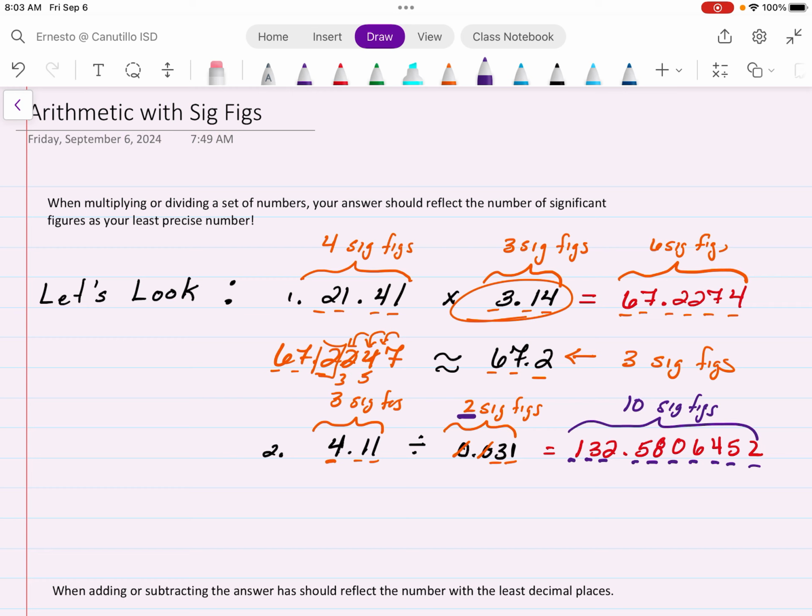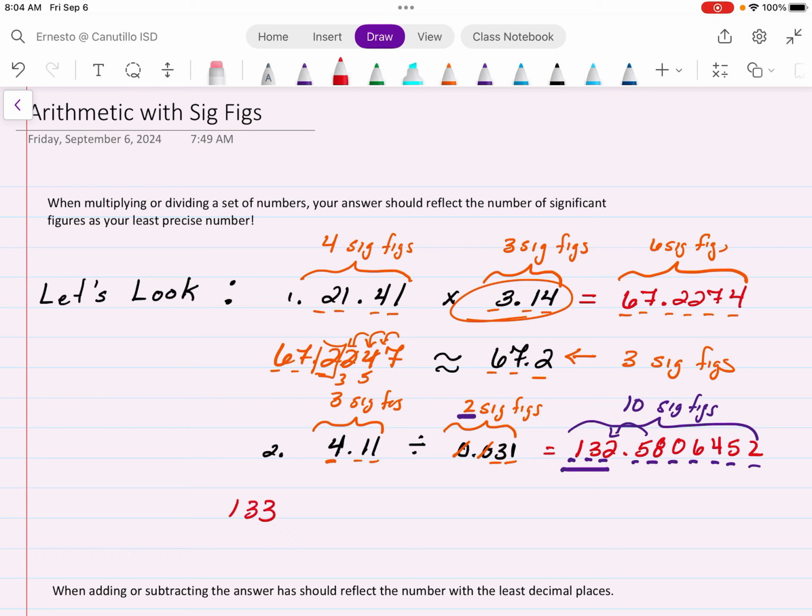Now, how do we get this huge number to two significant figures? Let's take a look. So for this one, because the answer is a three-digit number before the decimal, we're going to use this number to round up this one. Now, the 5 is 5 or more, so add one more. So that's going to get me to 133,